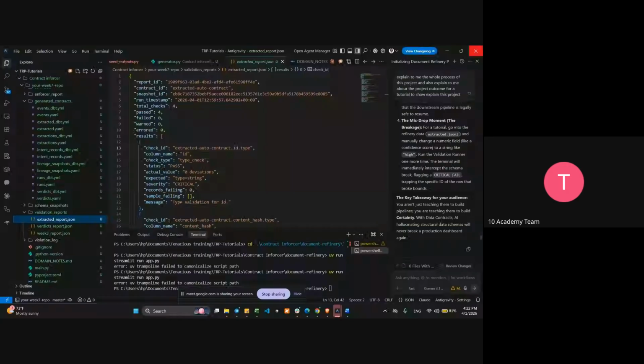Based on that, the outputs of the JSON files coming from the first project, the document refinery, are going to be checked, and also the digital courtroom is going to be matched.